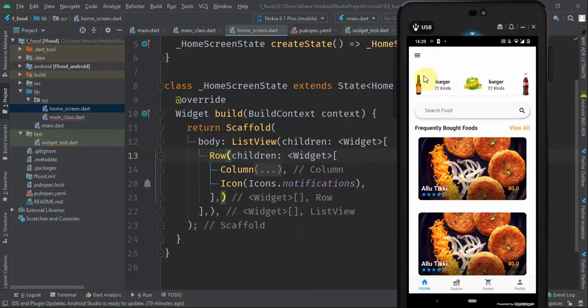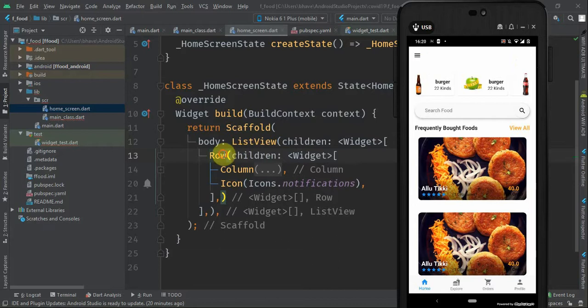This side is a row, I cannot explain it otherwise. Just assume that something is written on this side. What is written this side? It says "Hey guys, I'm feeling hungry," and on the right hand side there is a notification bell. Just assume that. So how are we going to represent this here?